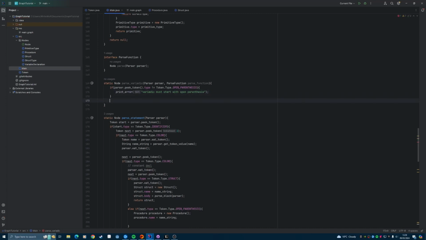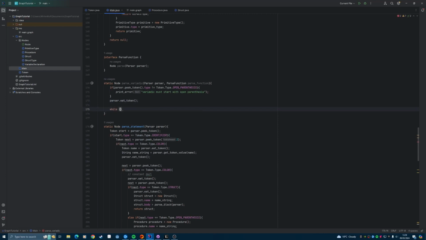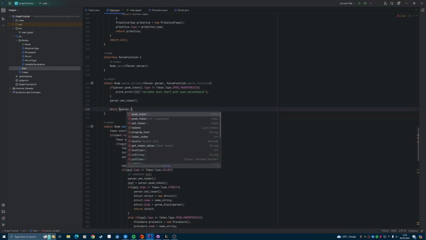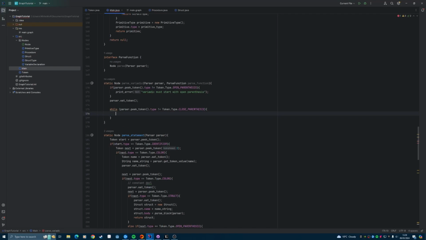Otherwise, parser eat token. Then while parser.peakToken.type is not equal to closing parenthesis, right, we're going to